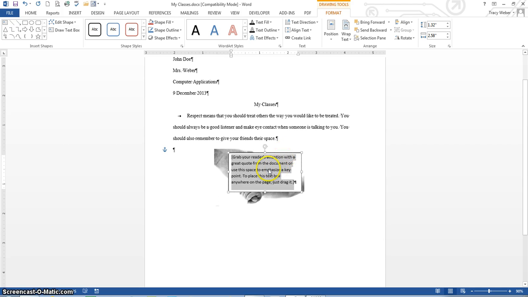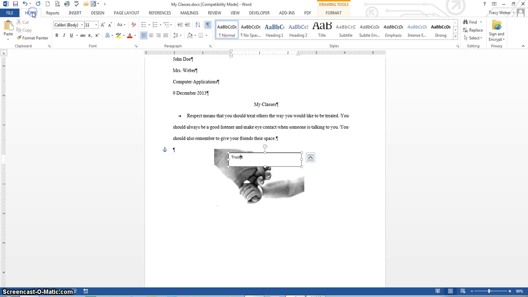And with a text box, when you click in the middle of it, it wants you to type text. And by the way, you can adjust text inside the text box the same way you would adjust text anywhere else in the document. If you go to Home and click Center, it centers it. You can change the font and the font color and everything else, but I can't click in here and move